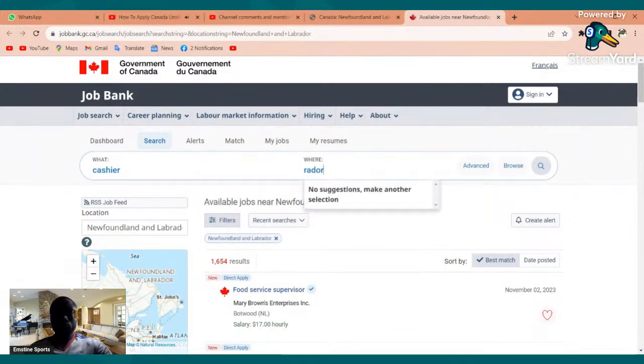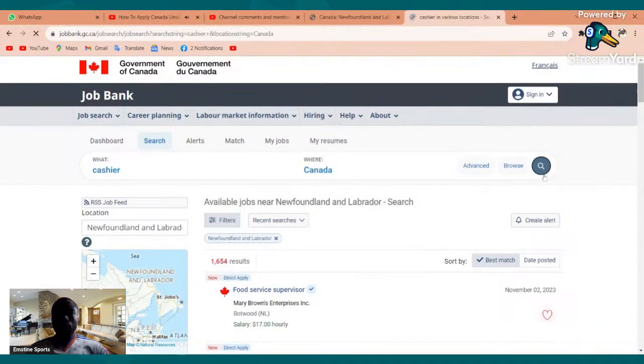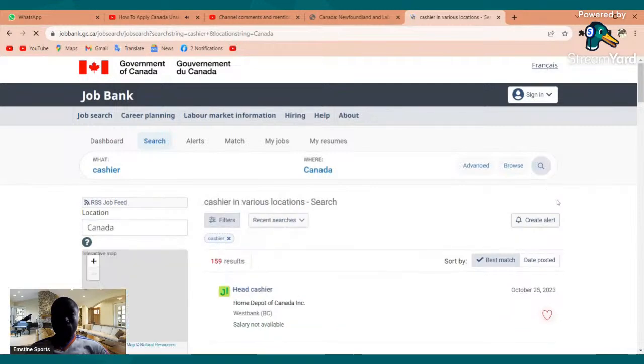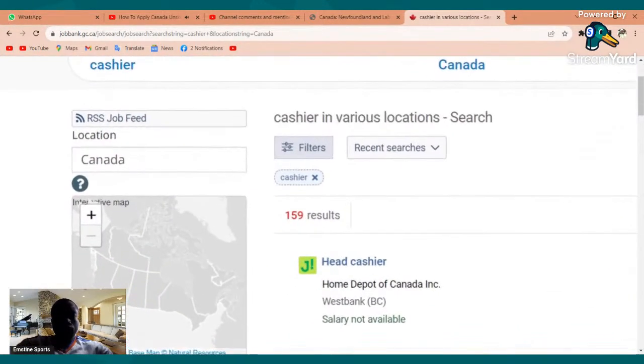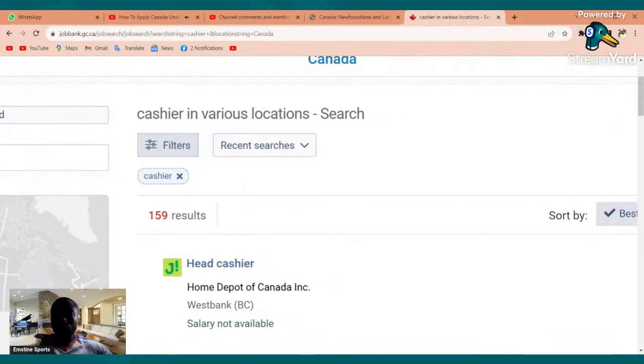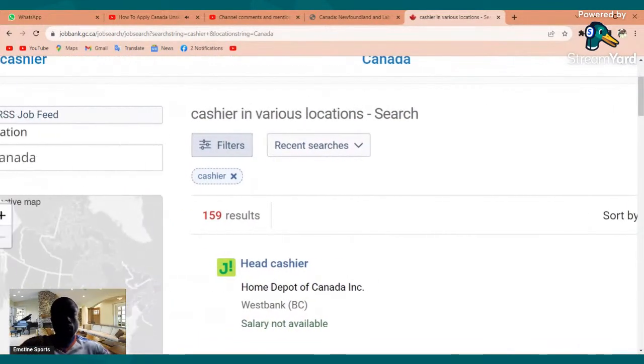I thought you are back since now. We are selecting all of Canada, we have to mark, all of Canada. So that is it. And we click on search. Let's see what cashier will give us here. Okay, we have this cashier jobs. We have these cashier jobs that are posting